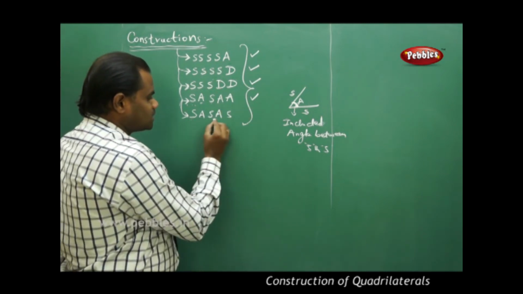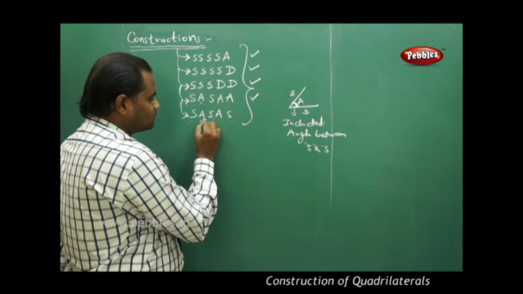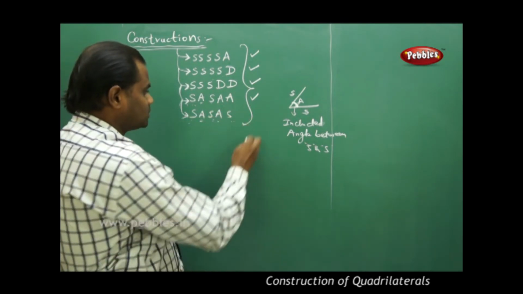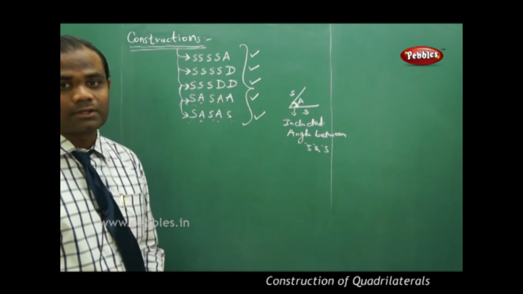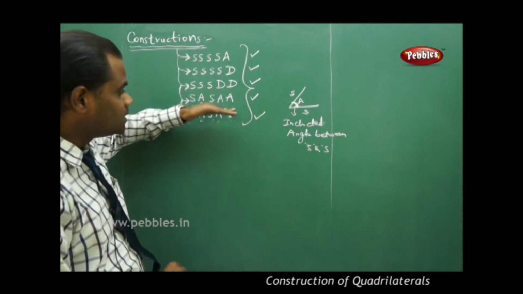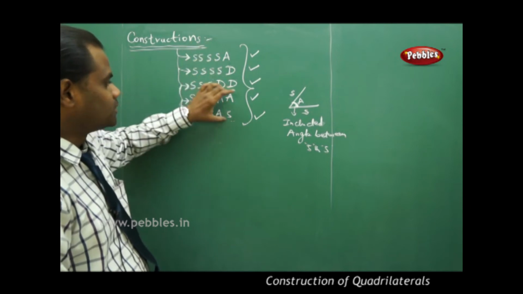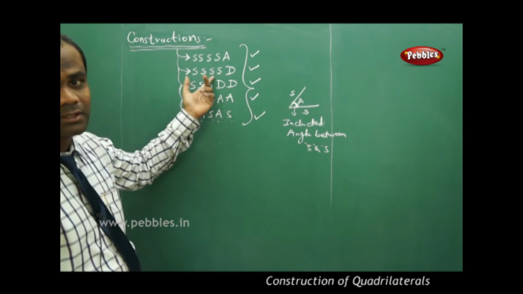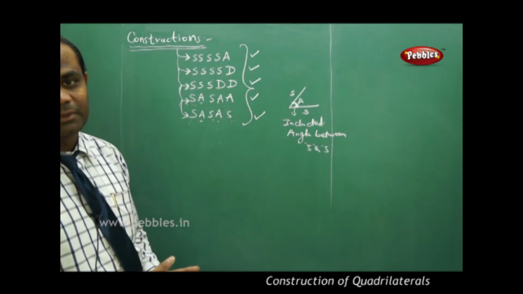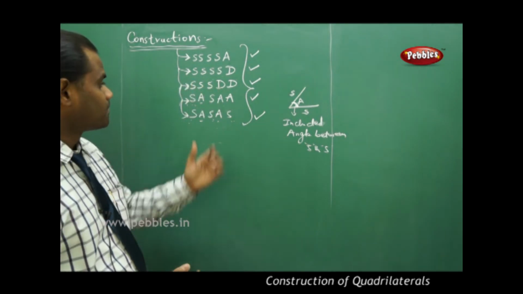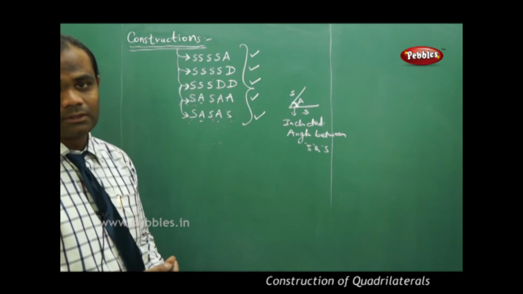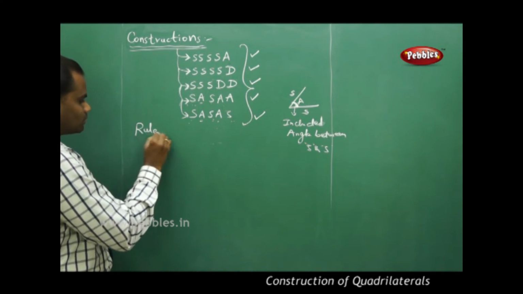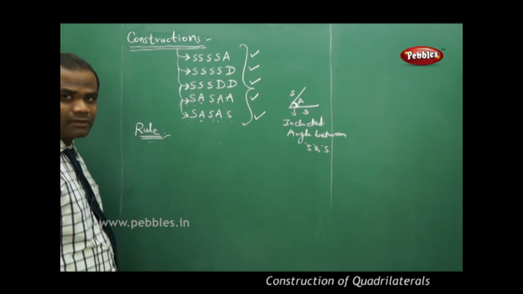Next, if I have 3 sides such that all the 3 sides have 2 included angles with one pair having 1 included angle each, also a quadrilateral can be constructed. So these are the 5 different least information provided through which a successful quadrilateral can be constructed. So let's see each of the case with few of the example dimensions and see how a quadrilateral can be constructed for this. Now, before this, I would like to give a strict rule which states that whenever a construction